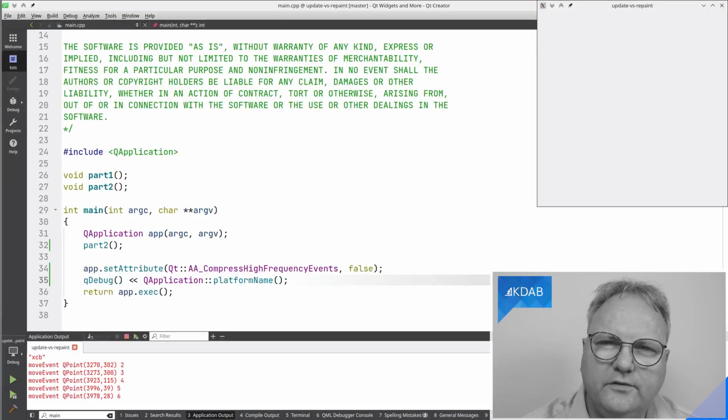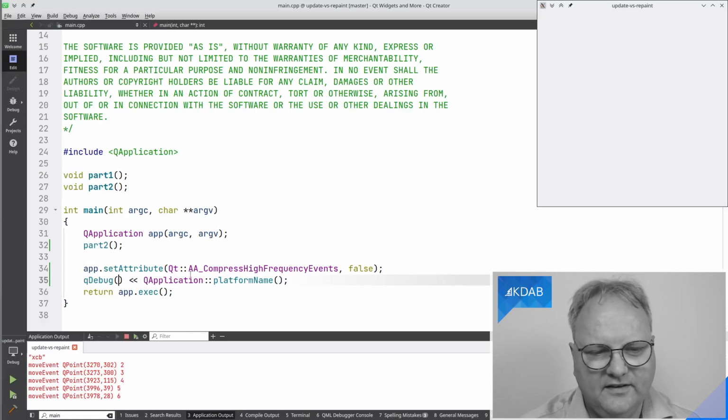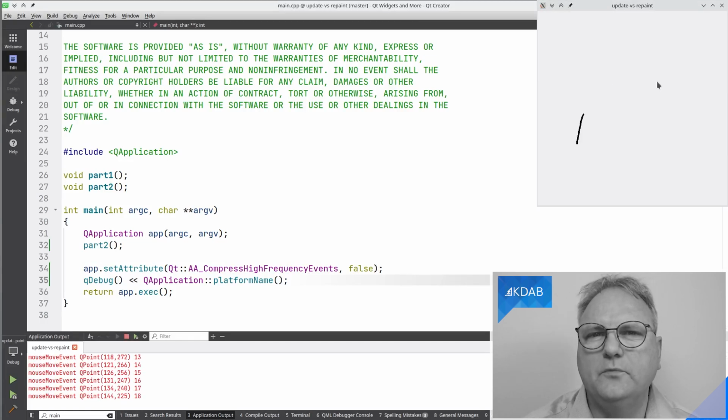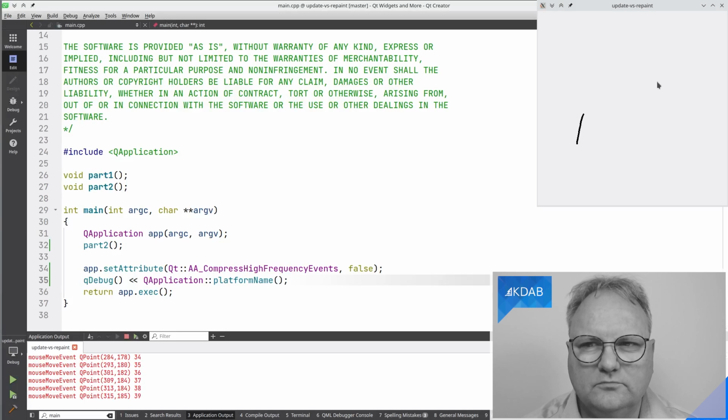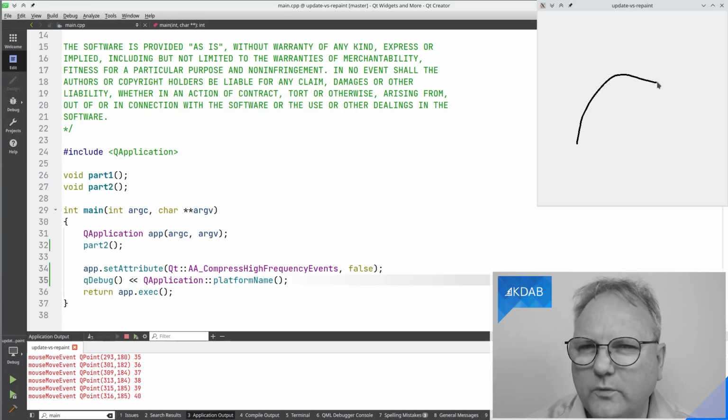The line to disable XCB's smart behavior of compressing events is this one here. Simply call on the QApplication setAttribute, compress high frequency events false, so that it will turn it off. And what you'll notice is that when I do some drawing up there, it will actually get all the events in.